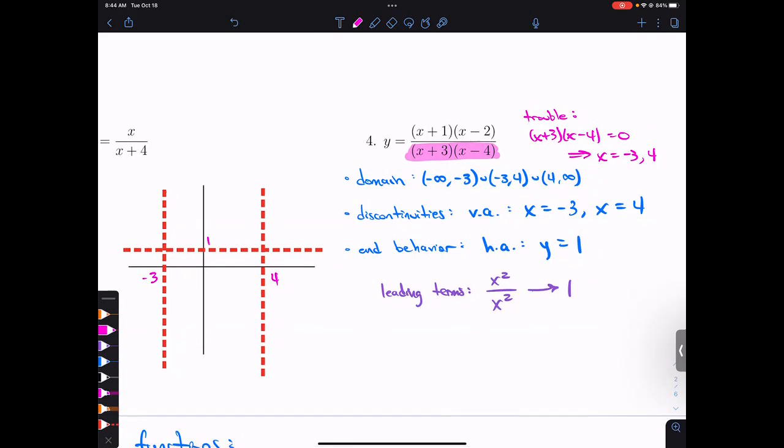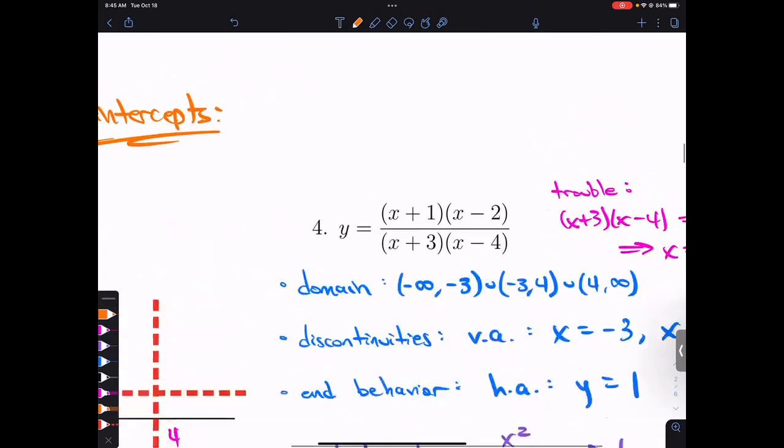We could also find intercepts, right? How would you find x-intercepts for this thing? How do you always find x-intercepts? X-intercepts mean where you hit the x-axis, so where y is 0, right? If you let y be 0 there,